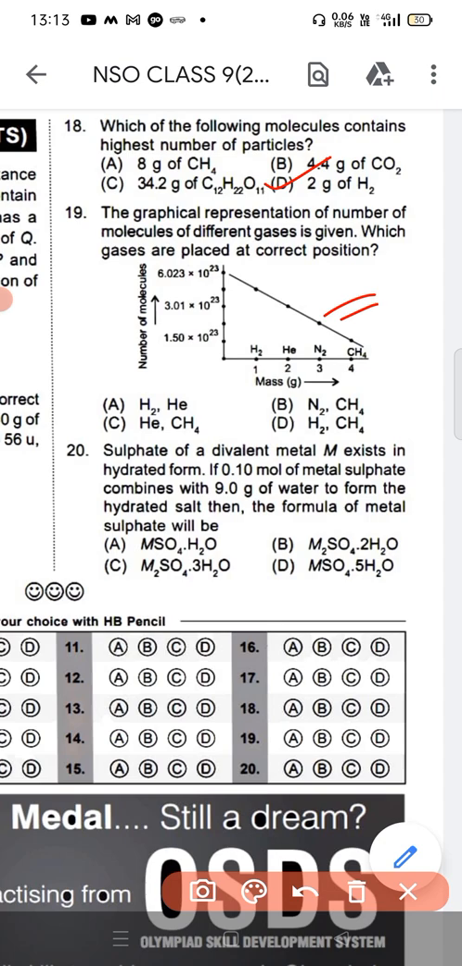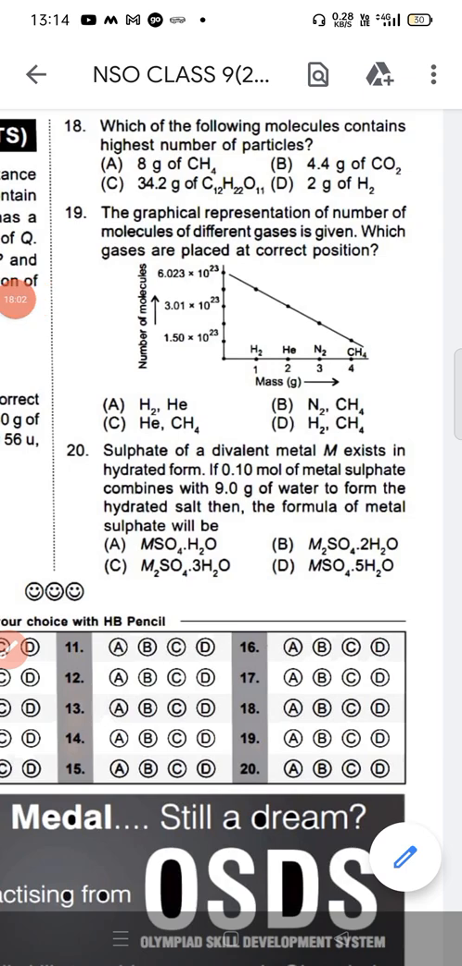H2, N2, He, CH4. So question number 19, option C is the correct answer, because He and CH4 are present in the correct position. Okay. So this is He, this is CH4. So this is the correct answer. Question number 19, option C is the correct answer. So next, sulfate